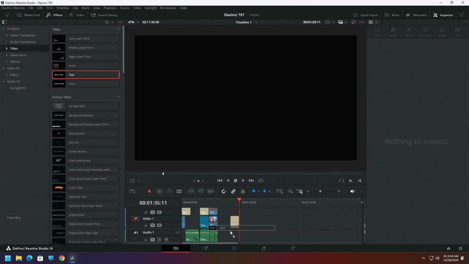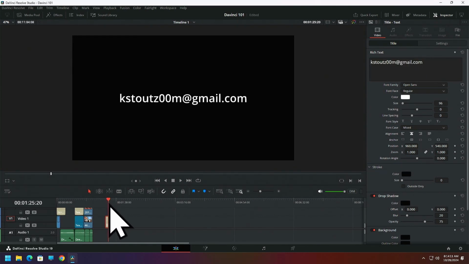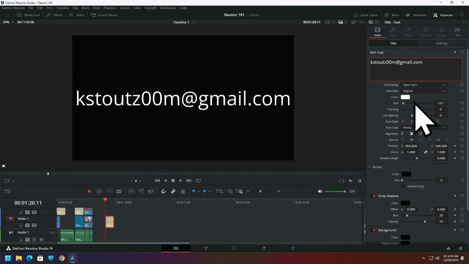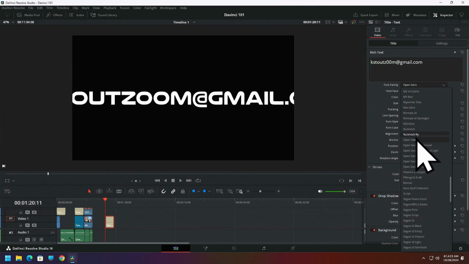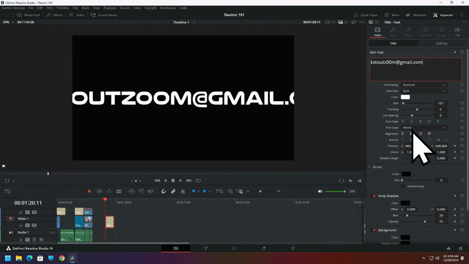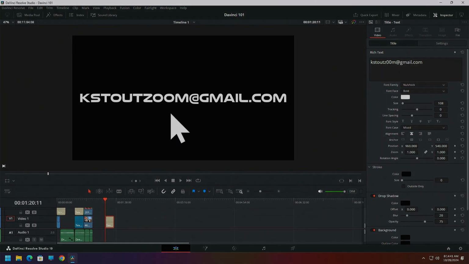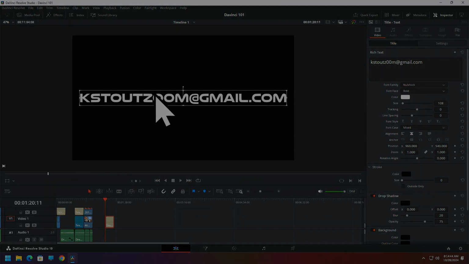We'll bring a text node down. We'll close the effects. Over to the beginning. We have it. And I'm not going to get into this right now, but you can change the size. You can change the font. You can download a million fonts and put them in there. And as you scroll through your fonts, you'll see it changes how it looks. I happen to like Null Shock, but it's too big, so I'm going to bring it back down. We'll discuss all kinds of things you can do with this. One thing I'd like to point out real quick, if I come in here and click on this and click on it again,